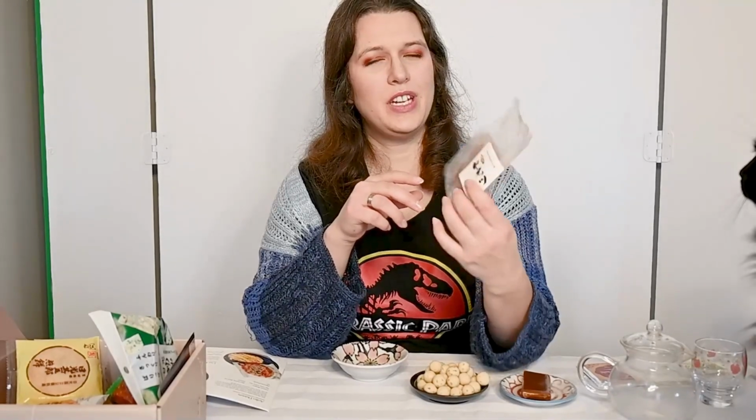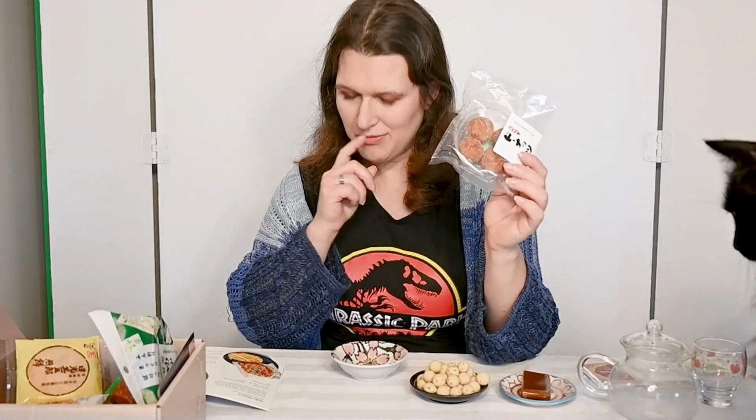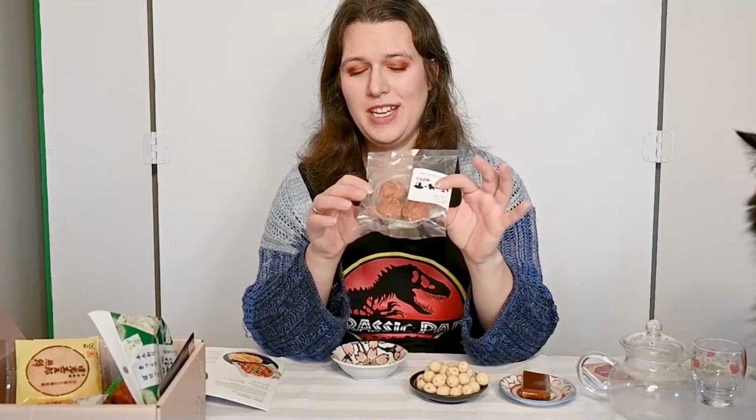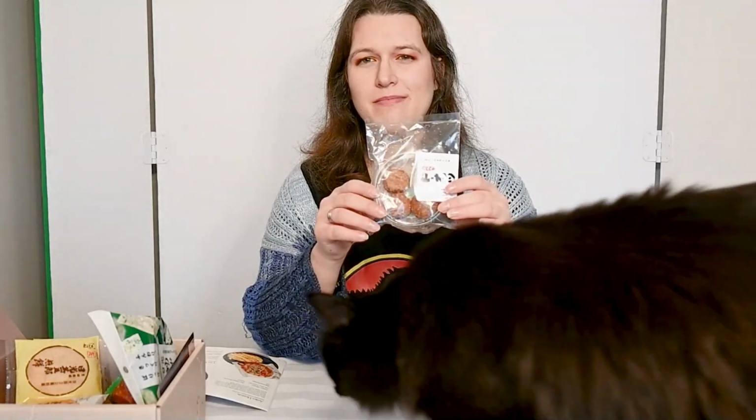So these are the Anko Donuts. They're supposed to be from a confectionery called Motohashi. And the dough is made from scratch. And the red bean paste,